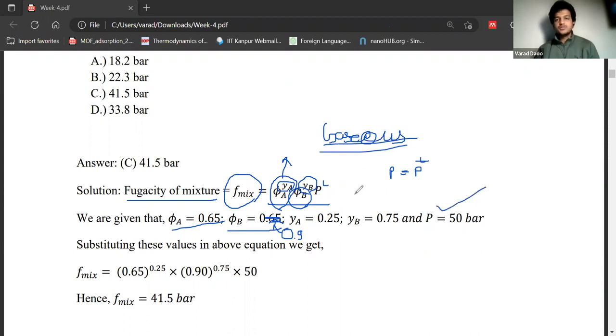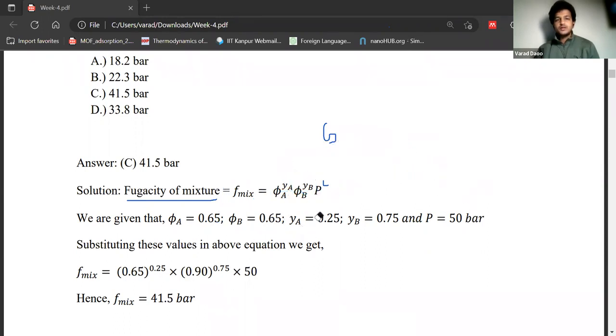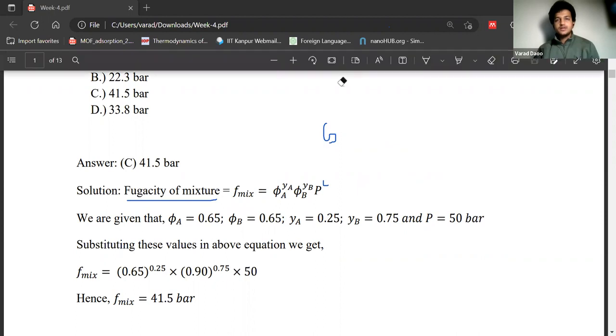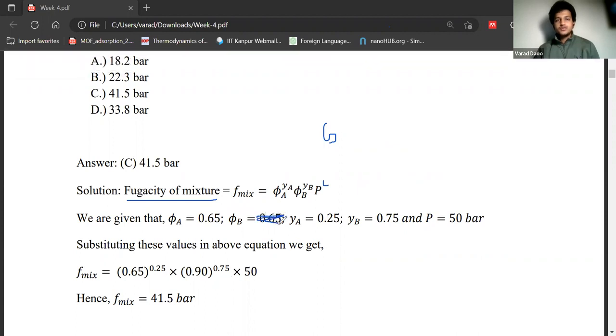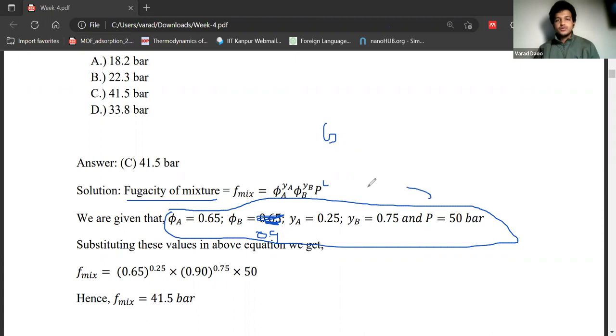So we just have to substitute these known values into this expression. This is given as not 0.65, this is 0.9. Okay, pi b is 0.9. So once we substitute these values into this expression,